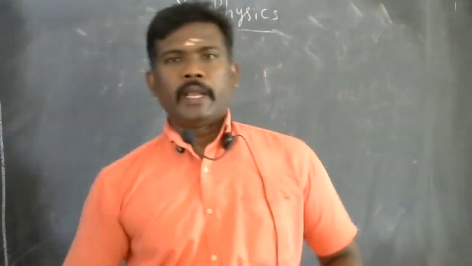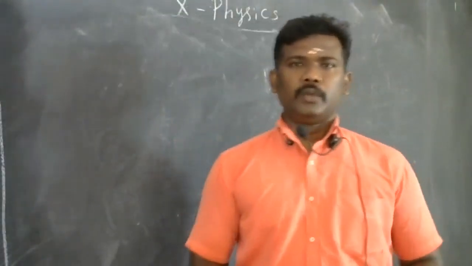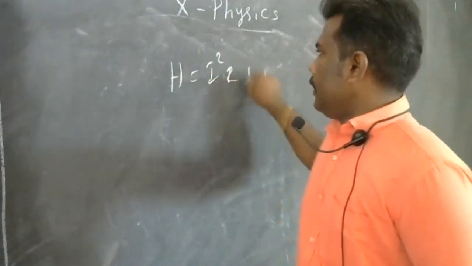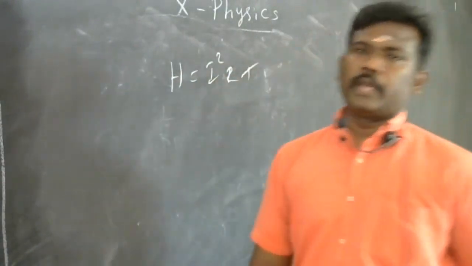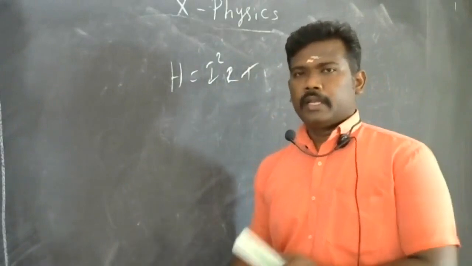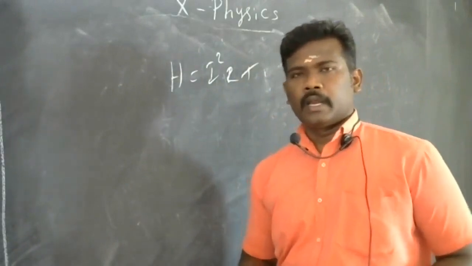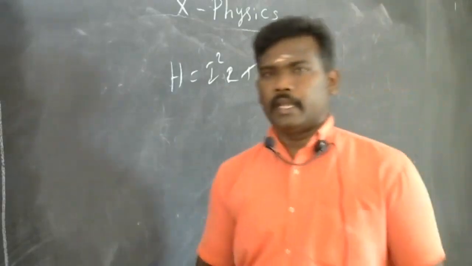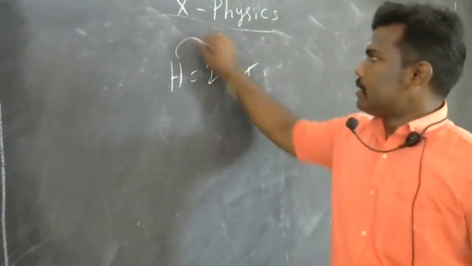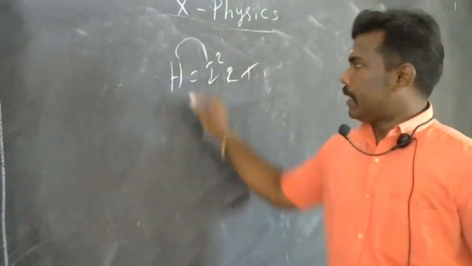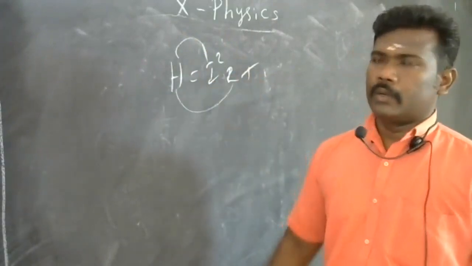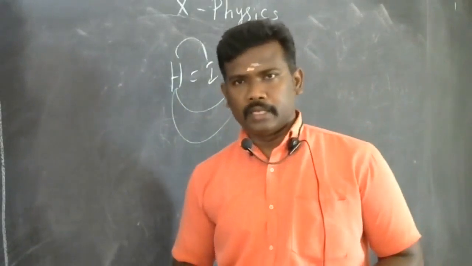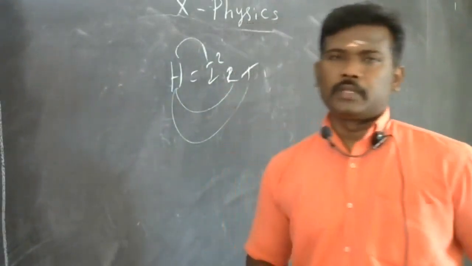Joule's law, heating effect of electric current. Joule's law: H is equal to I square RT. You concentrate on this formula, because if they ask for the statement of Joule's law, Joule's heating effect: H is directly proportional to the square of the electric current, H is directly proportional to the resistance of the material, and H is directly proportional to the time. Okay, so this is Joule's law of heating.